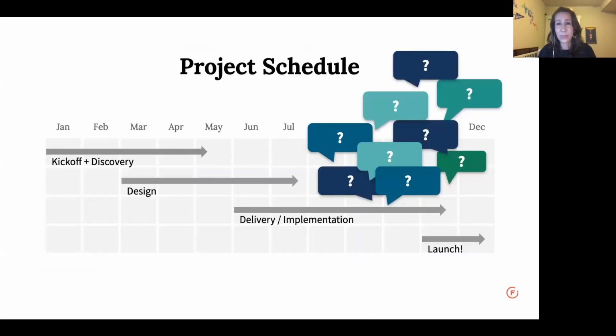The challenge really is, though, that we were facing is that sometimes those questions come months into the development phase. And at that point, I have already moved on probably to other projects. The wireframes are done, right? So I'm there to support, but I've got other things on my plate. And sometimes it can be difficult to carve time